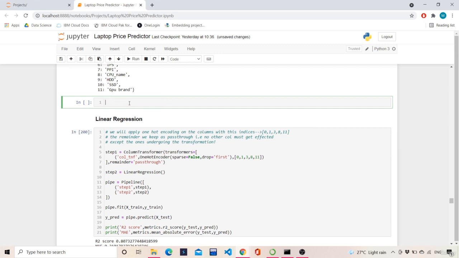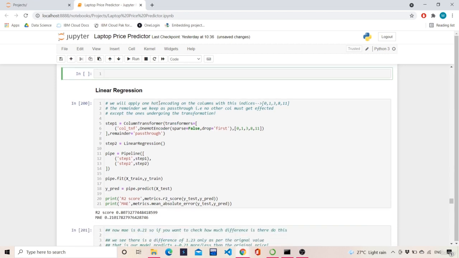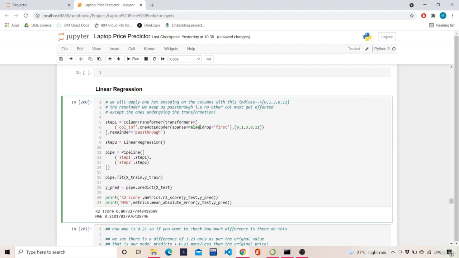And a sparse matrix is used as a data structure when we have graphs which are not that much connected with all other components, and we have to apply graph algorithms like BFS and DFS on it. Instead of using adjacency matrices and adjacency lists, we use a sparse matrix, because there are not many connections. We will ignore all the connections wherever there is a 0 and only consider the 1 part, which is almost like a diagonal part. That is the meaning of sparse. So we do not want any kind of sparsity in our data, in our transformation. And drop equals first.